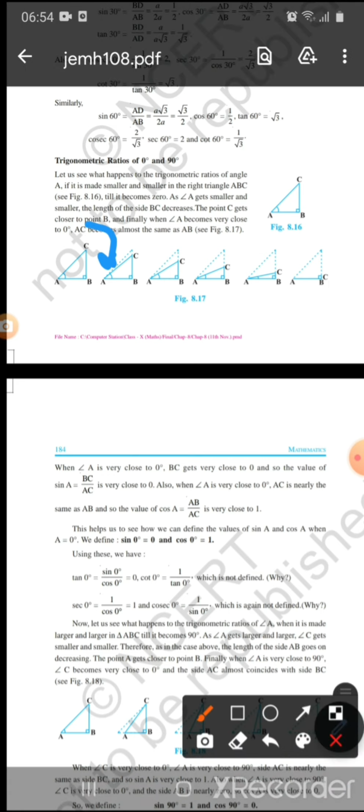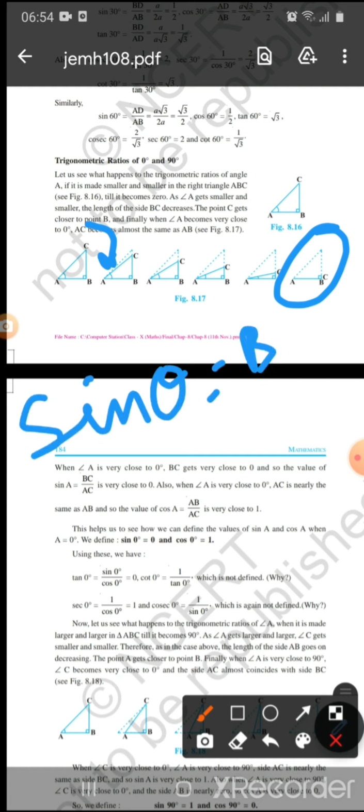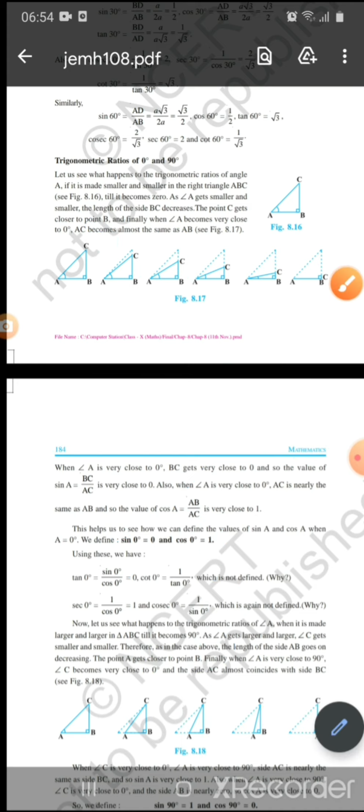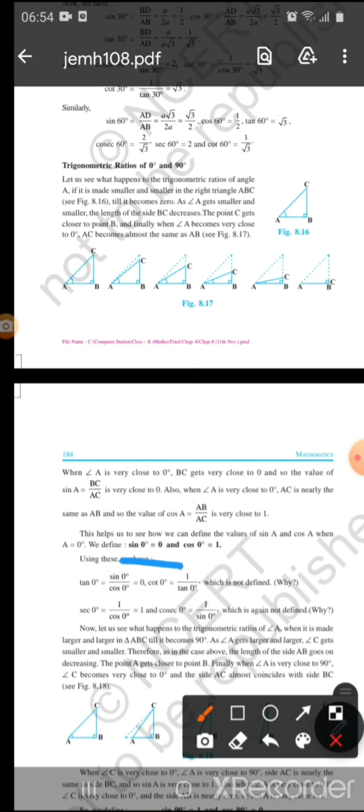We had seen what the value of sin 0 is. It is nothing but opposite side upon hypotenuse. So when I make this angle 0, what will be the opposite side? That is BC. Sin theta equals BC upon AC. Yes or no? Here BC has become 0 because this angle has come this way. This AC has kept reducing, and it has come to 0 upon AC. The answer is going to be 0. Hence we can say the value of sin 0 is 0.